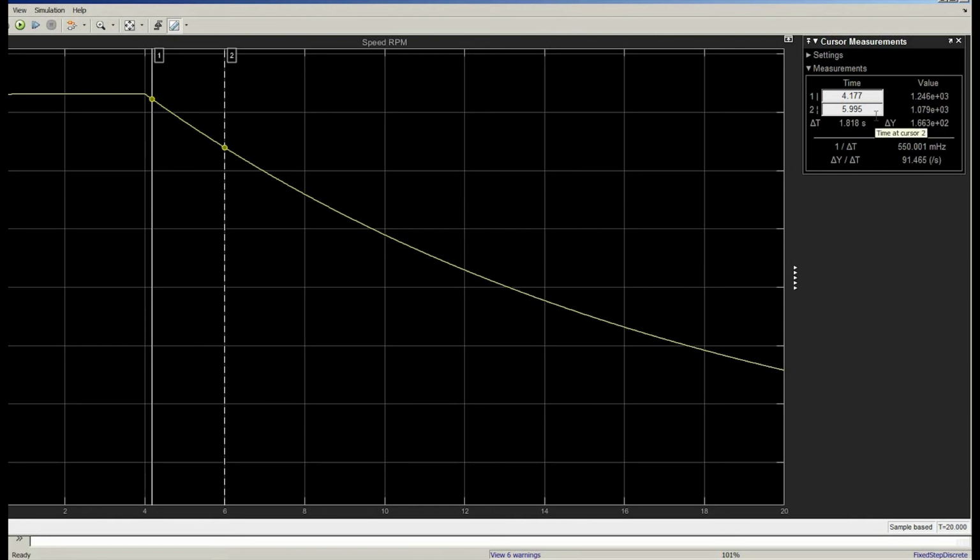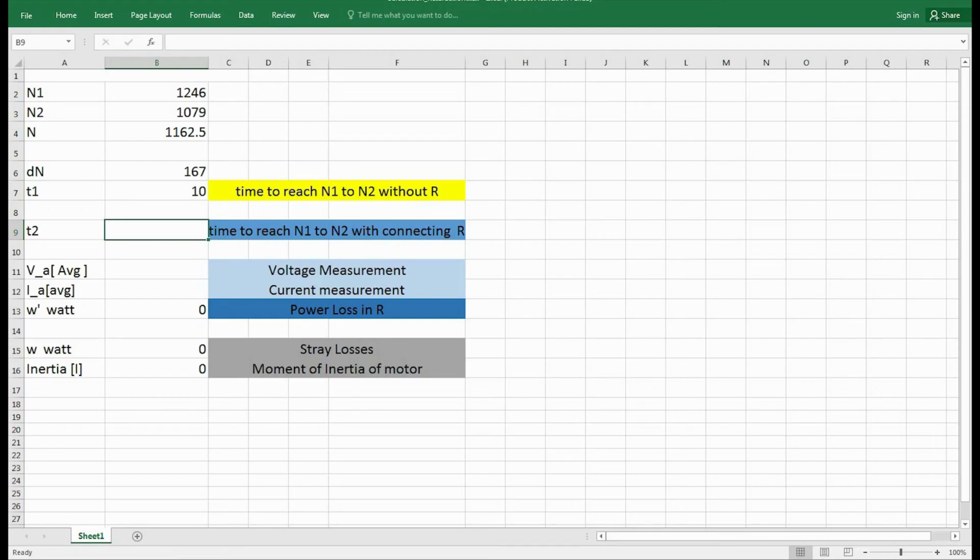Here we have 5.995 and 4.177. The difference between the two times is 1.818. So here is the T2, and now let's measure the VA and IA for the given time.